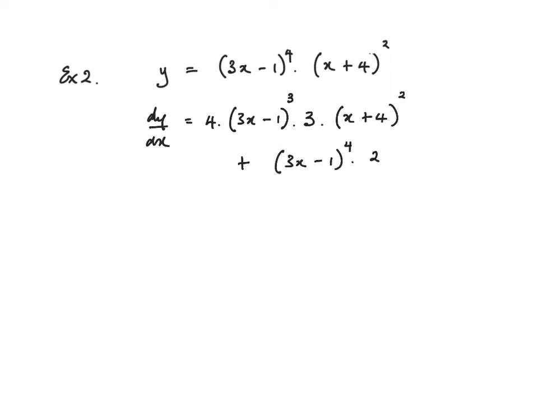So bring down the power, write the bracket unchanged, reduce the power by 1, and multiply by the derivative of the bracket. So this needs to be tidied up. That gives us 12 plus 2